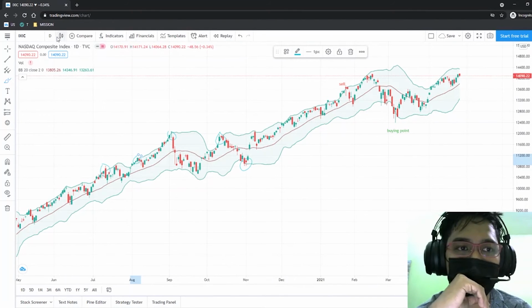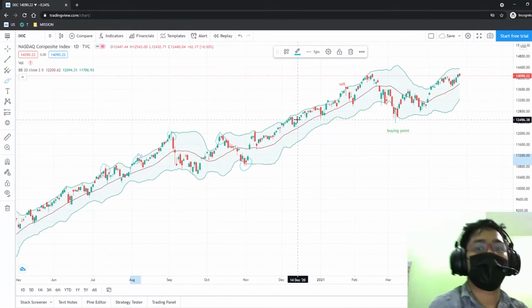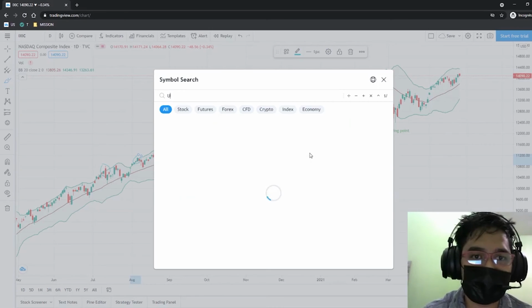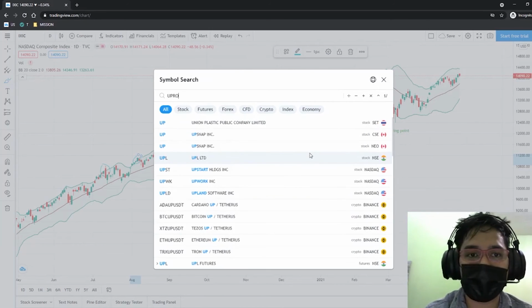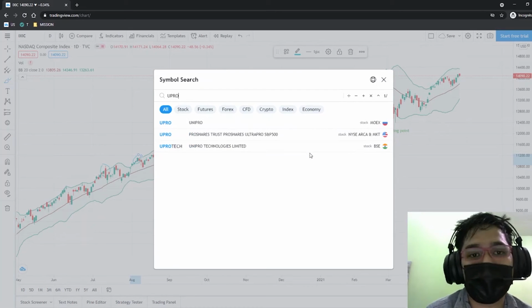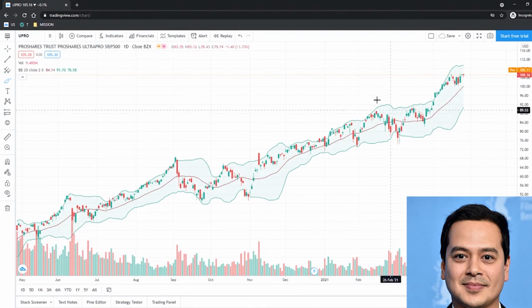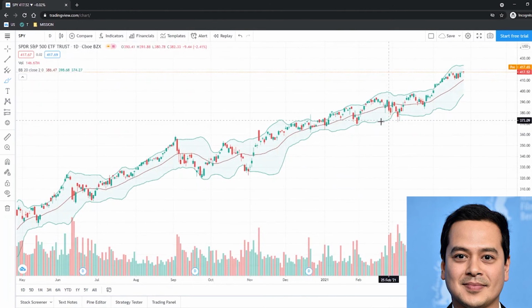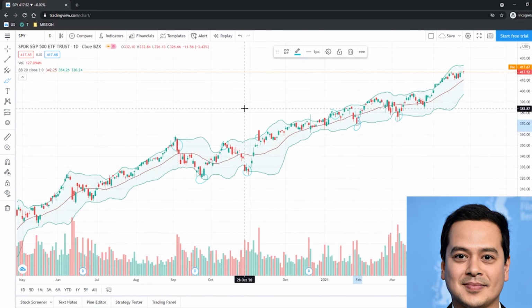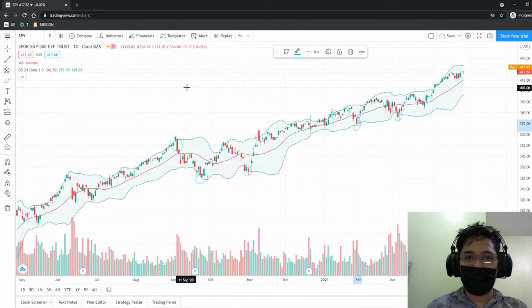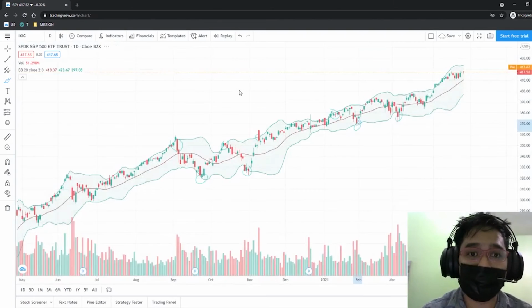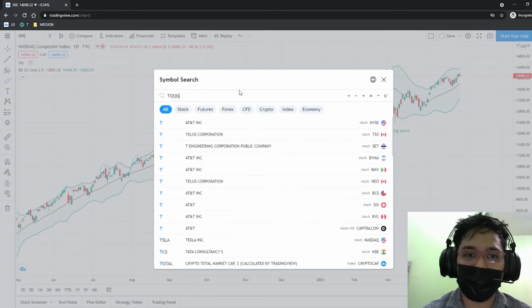This is the example of the Nasdaq 3 times leverage index. We can also do this for the SPX. The ETF for the 3 times SPX is UPRO. So let's look at the SPY. Basically that's it. But I'm not going to buy the SPY or the IXIC index fund. I'm going to buy their 3 times leverage ETF, which is